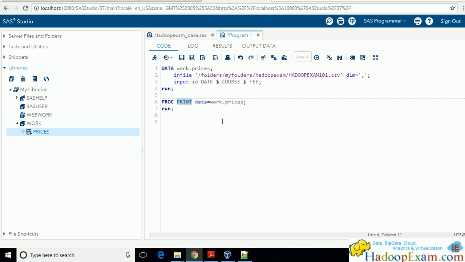And what is the data? This is data equal to, we have to give the data name. So this is the data which requires a SAS data set. Whatever we have created, only the data generated here would be used here. A SAS dataset can be used to generate the report, and we say print it. So you need this run statement. Okay, if you don't have run, then it won't run.